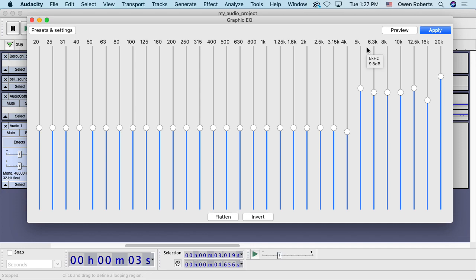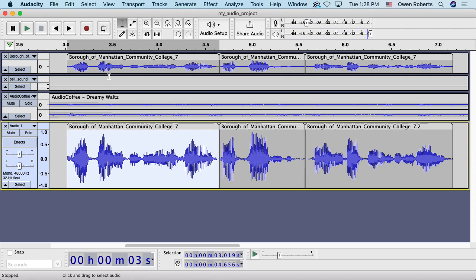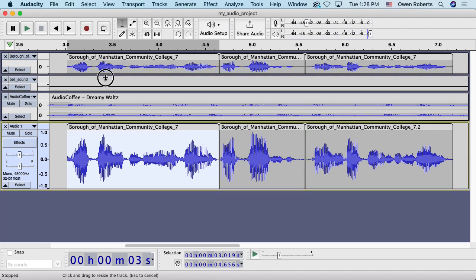The high end frequencies will tend to cut through the mix a little more rather than low end frequencies, which make things kind of muddy and distorted a lot of the time. So you can play around with those depending on what you're going for. That may be useful. But if you want to do stuff that's weirder and maybe a little more fun,